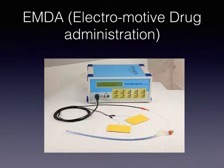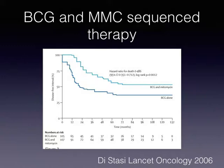This is the machine that we use in the clinic for EMDA. It's called the Physionizer. It basically has an electrode connected to the catheter, and it has these two yellow pads that sit on the suprapubic skin with jelly underneath them, and that allows the electrical current to transmit. It's a 20 milliampere current, and the patients have the MMC in their bladder for 30 minutes with the current running. This is based on evidence from Stasi that showed that